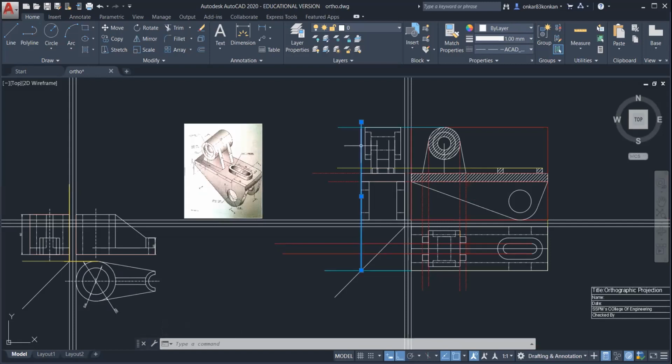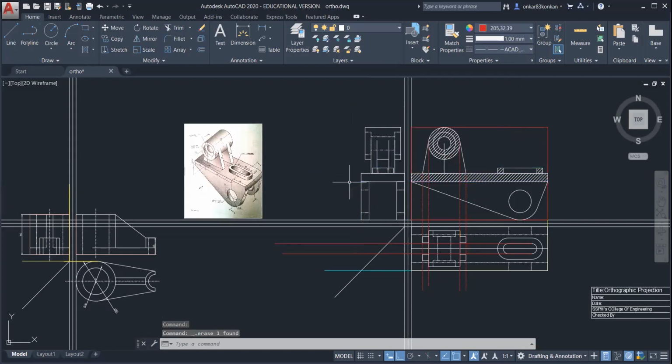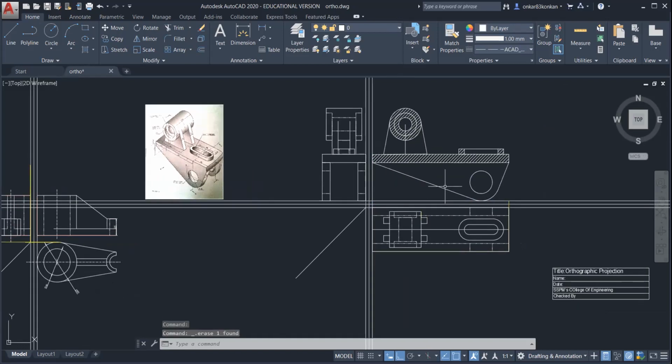Okay, so in this way, you should complete the front view, that is the sectional front view, top view, and the side view. So you should follow the same steps in your manual drafting. So in manual drafting, the only change is you cannot use the mirror command or trim command. So when you draw the reference line or projector line, you should draw this by continuous thin line. Okay. So this is your complete orthographic projection, that is a sectional orthographic projection.